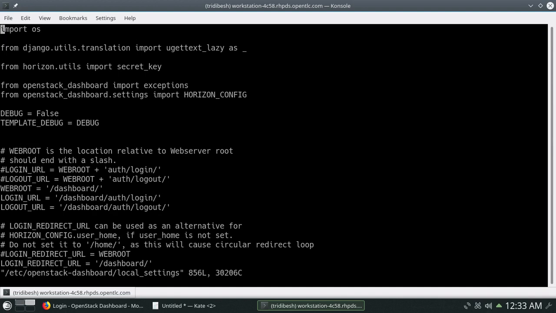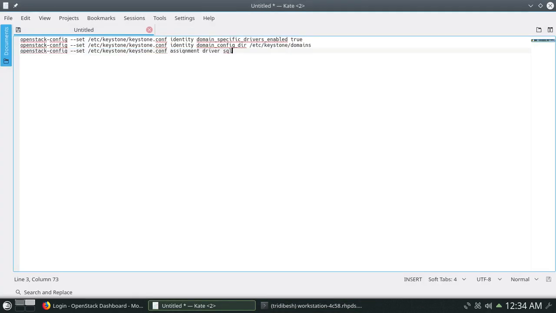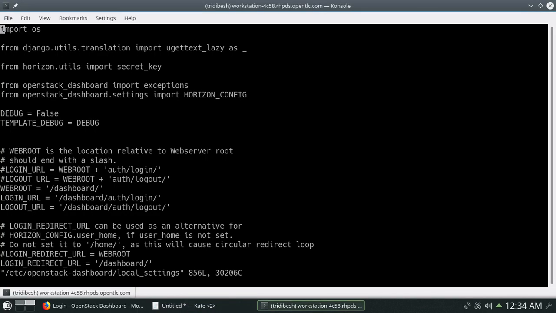So we will be looking mainly for two components. So they are Horizon multi-domain support and default domain. So this is OpenStack Keystone multi-domain support and OpenStack Keystone default domain. So multi-domain support we have to put as true, and for default domain we have to put whatever the default domain we want to use. So let's look for the first parameter in the file.